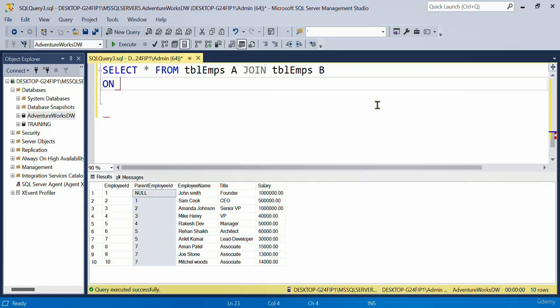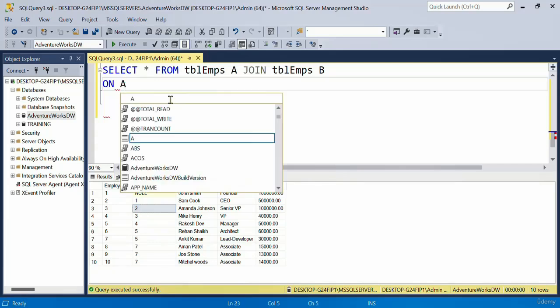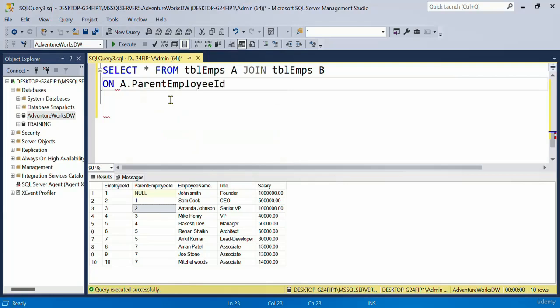Now when you do a join, you have to be very careful because the possibilities over here are going to change, and each time you change the columns in the join expression, your output will be different. So table A, consider that as our master table, which will have all of this information. All right. So pulling the manager's ID from this table is important. How will you do that? You will say A dot parent employee ID is equal to B dot employee ID. Let us first execute this,